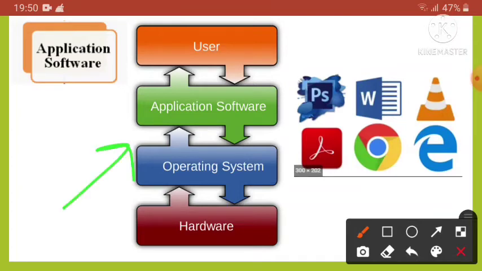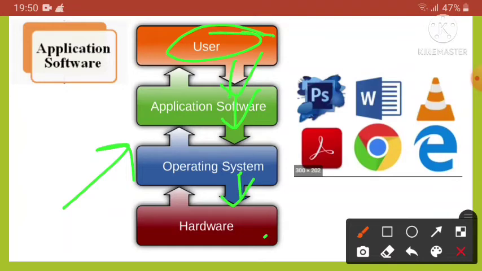Here is a diagram of hardware, operating system, application software and user, showing how they are related to each other. The user can apply anything on application software, then it is controlled by the operating system. Then if any hardware is needed for the application, it can take it from the hardware.